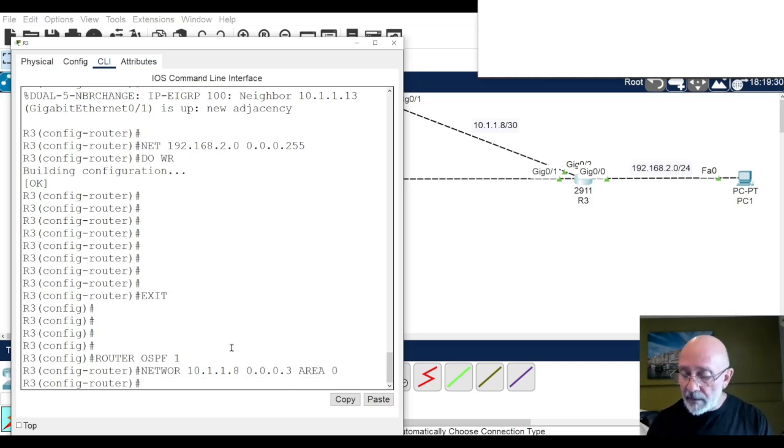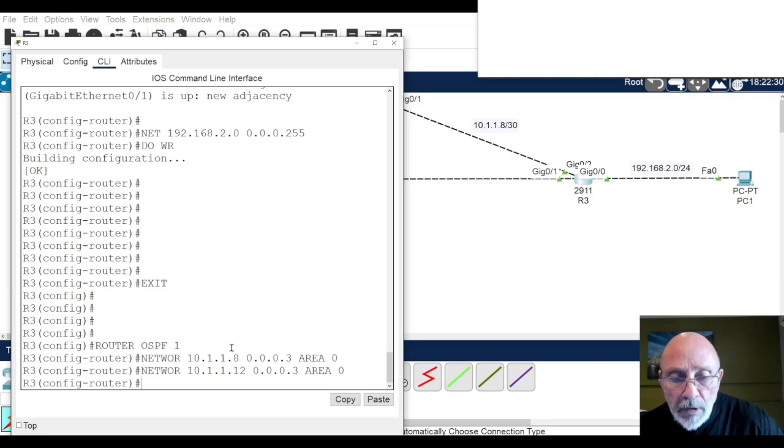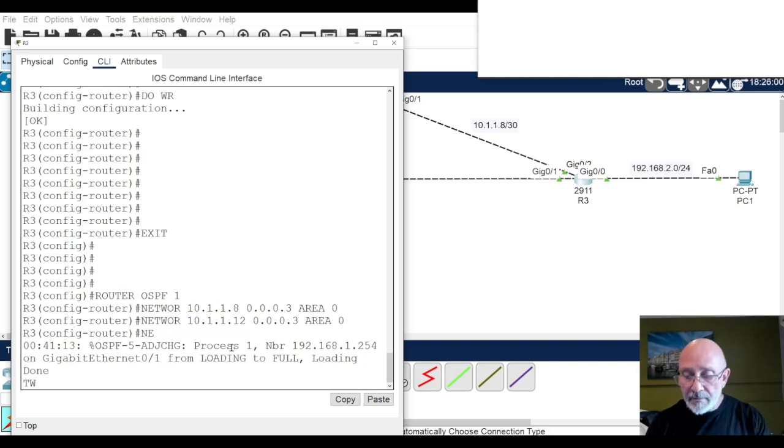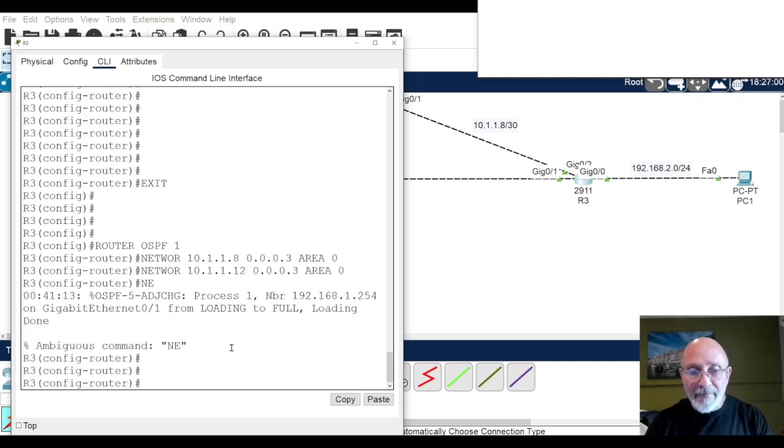Then we're going to up arrow again and change that to a 12. And we should see some adjacency sometime today. Okay, network, there it is. Wow, I'm working faster than the protocol.